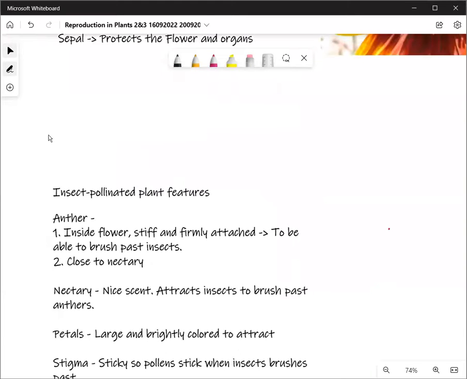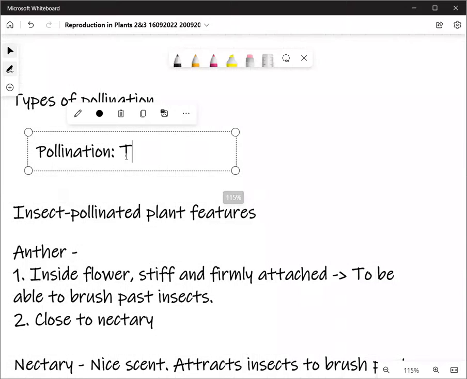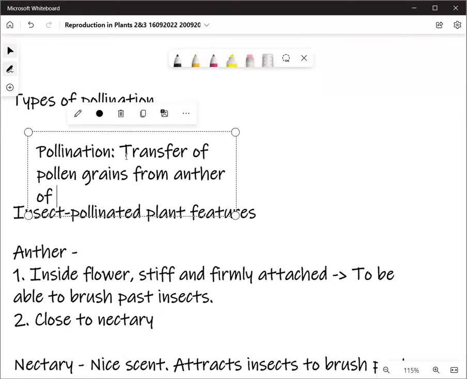The next thing we looked at was types of pollination. What is pollination, by the way? I don't think I told you this in the last class. Pollination is, write the definition in your notebook, all of you. Pollination is the transfer of pollen grains from anther of stamen to